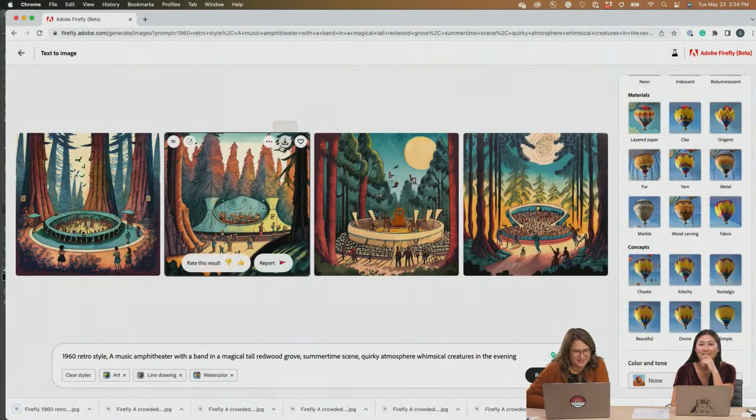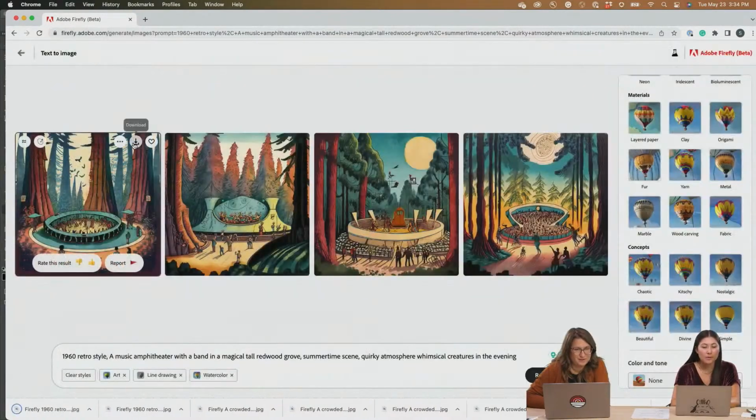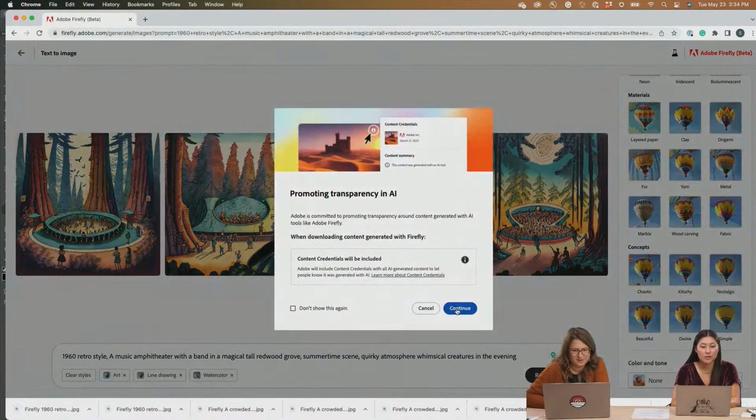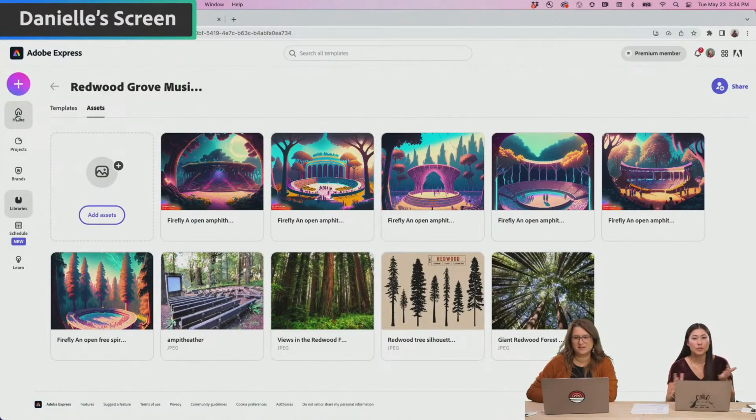Awesome. So I'm going to download some of these. Hold on, if we go over to my screen really quickly. I'm actually going to work a little bit in Adobe Express, and then I think you may end up in Photoshop. So we'll show two different tools of how you might take your things from Firefly and bring them into the next phase of starting to composite things and bring it together for social